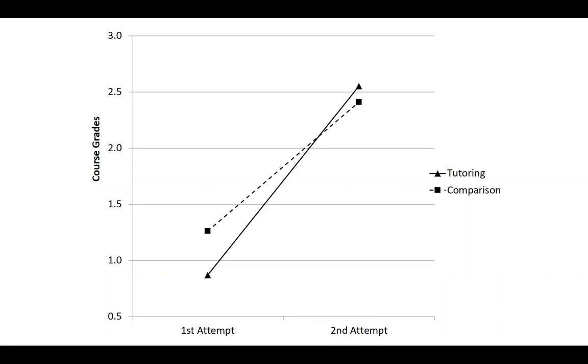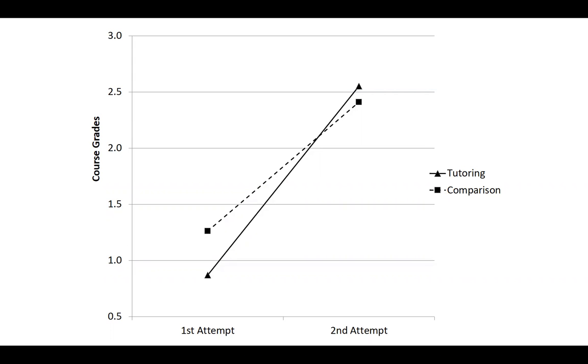And we saw students retaking with tutoring the second time, even though no one had tutoring in the first attempt. Sometimes students would retake with tutoring, and sometimes students would retake without tutoring. And those who retook without, they were their exact classmates in those same courses. And so we were able to use them as a comparison group. And what we found was a significant effect of tutoring on course grade improvement.